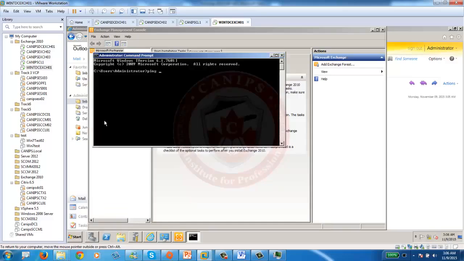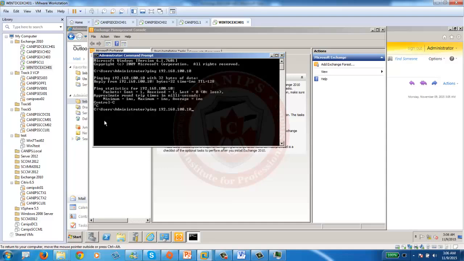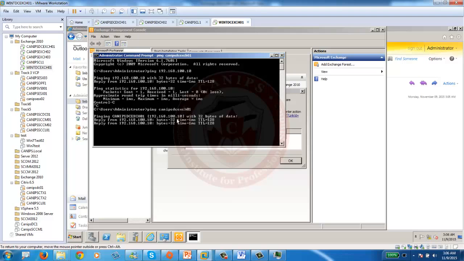So ping this other domain 192.168.100.10. So pinging by IP and let's ping by name. Now this ping by name won't work if you don't have correct forwarder,